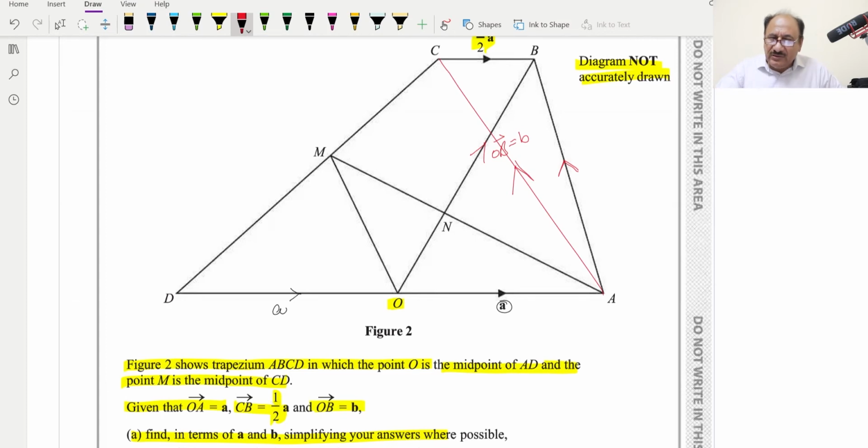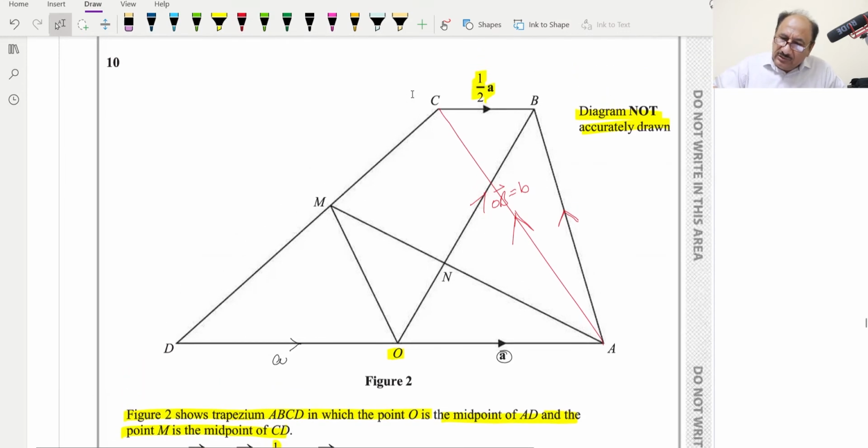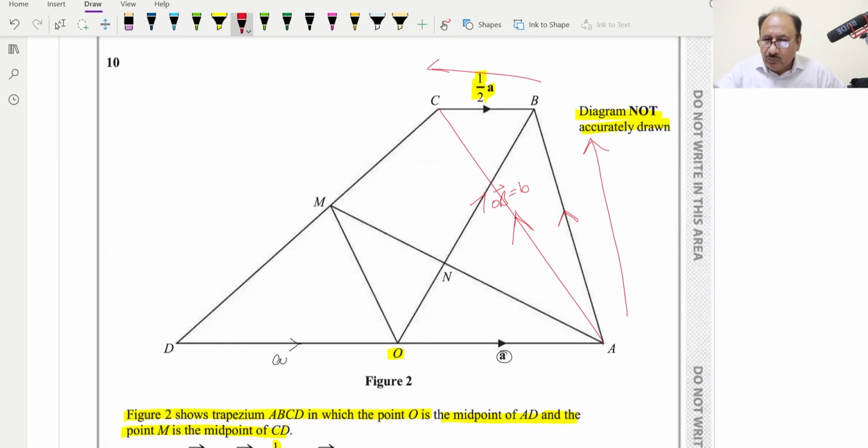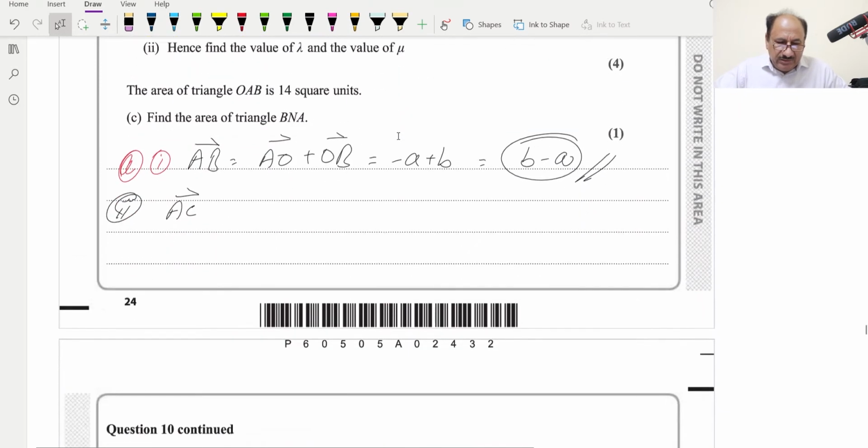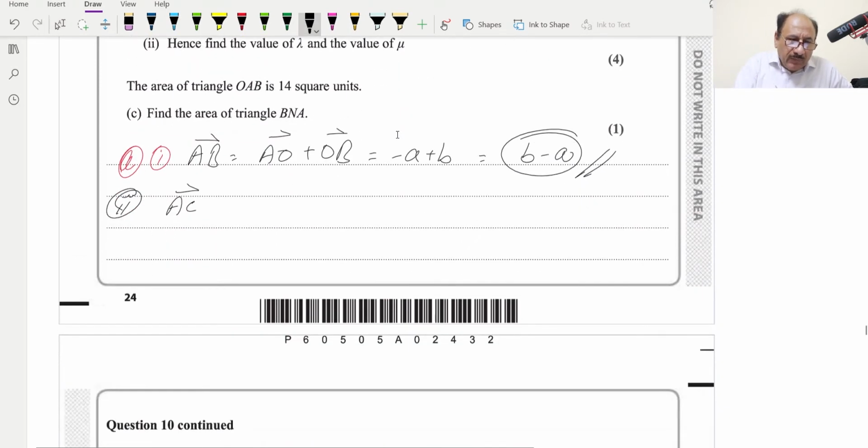For this we can take basically route. We can take these two vectors. AB we have just calculated, and BC is already given, so AC is equal to AB vector plus BC vector,